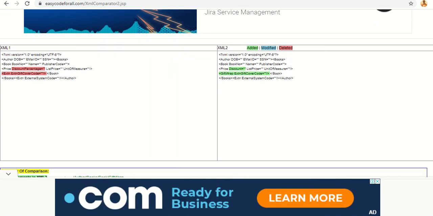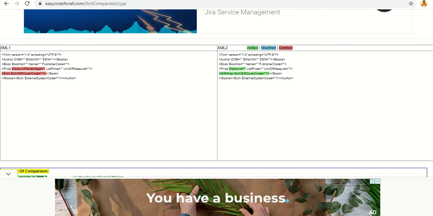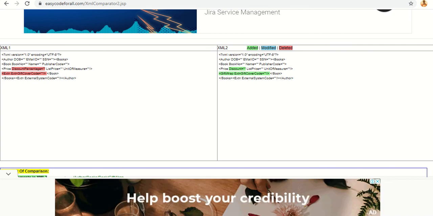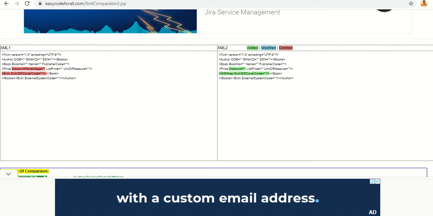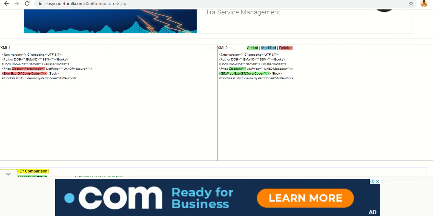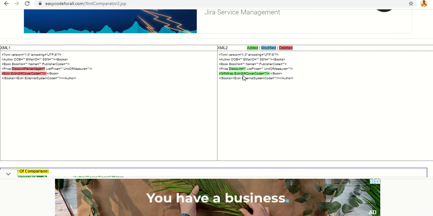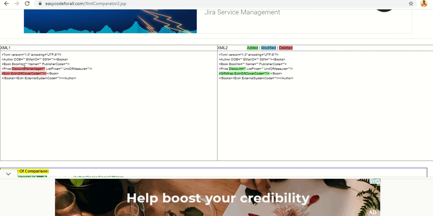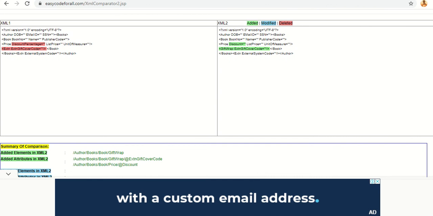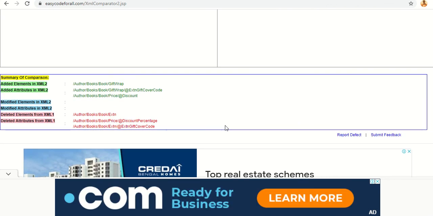As we have removed the values from both the XMLs, there is no question of modification here, only addition or deletion. So it identified these attributes and elements added in XML2 and these elements and attributes deleted from XML1. And it shows the summary of changes also.